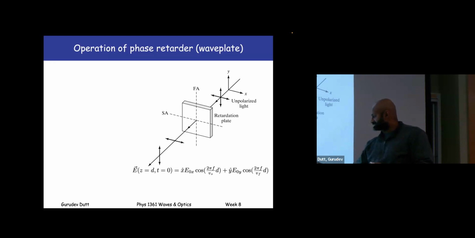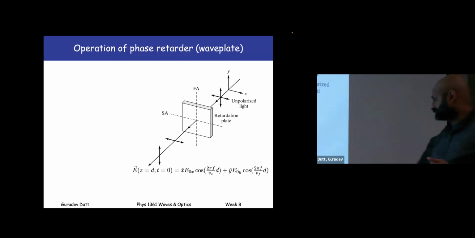So what this does is, k is the angular wave number of the light, the angular spatial frequency, and that is just given by 2 pi over lambda. And lambda is simply the velocity of the light, which is v sub s for the slow axis, divided by frequency. So the frequency goes in the numerator over here. Same thing for the fast axis over here. Okay, and with some manipulations, you can show